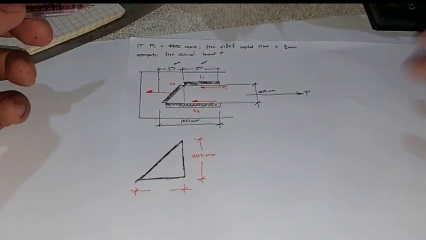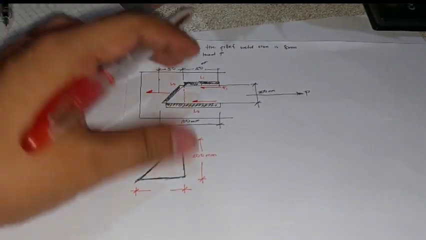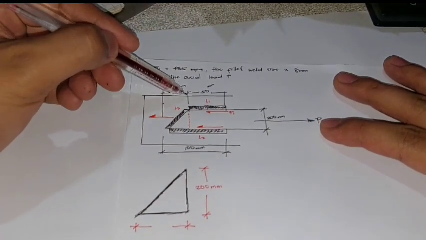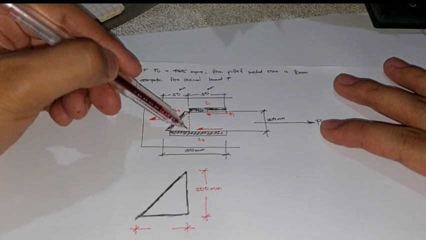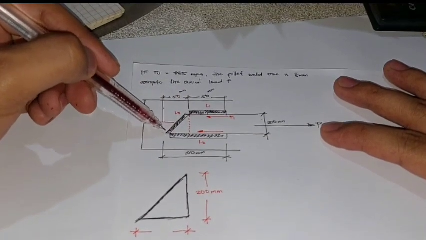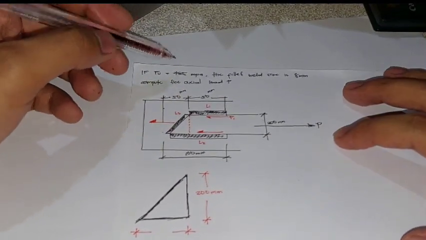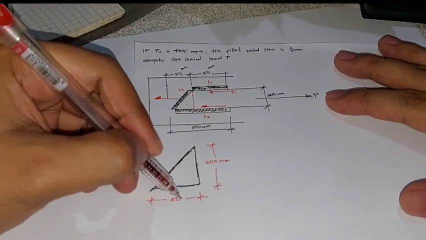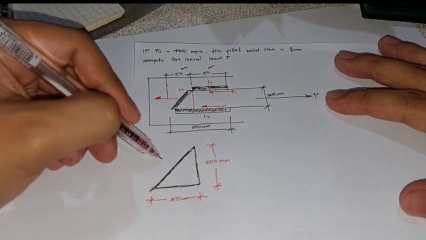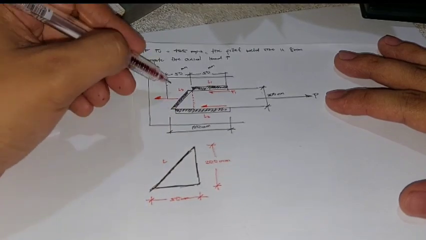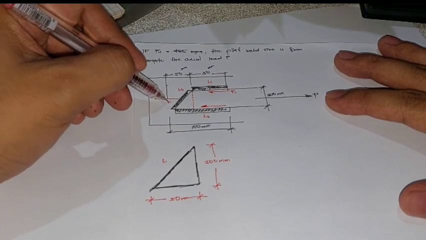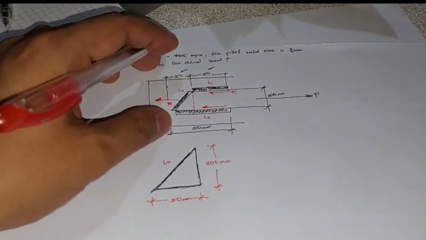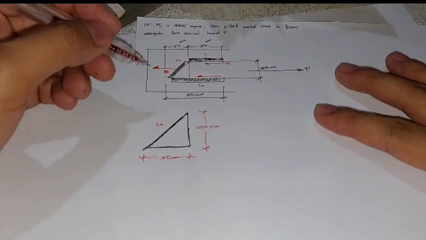How much is this? From here down to here it is 50. So what is missing is L3. To solve for L3,